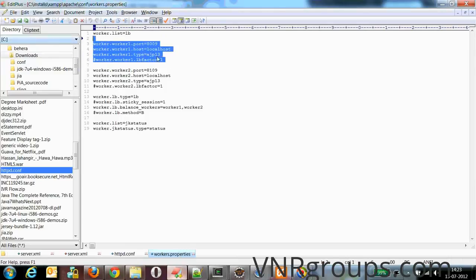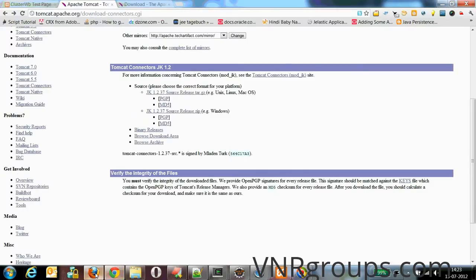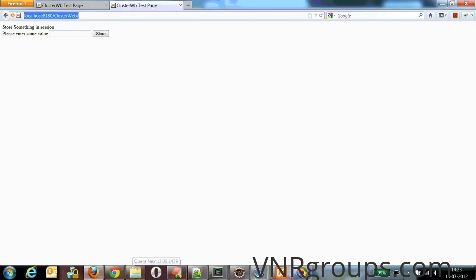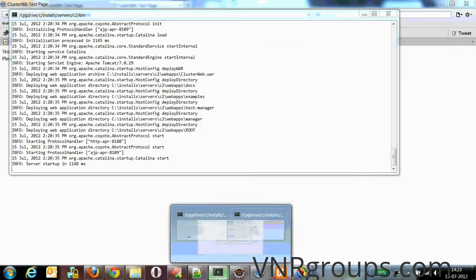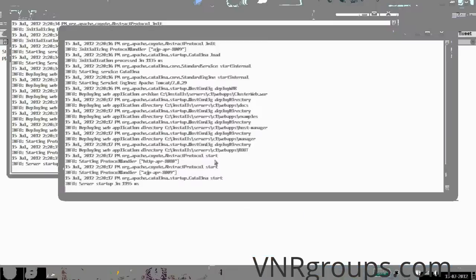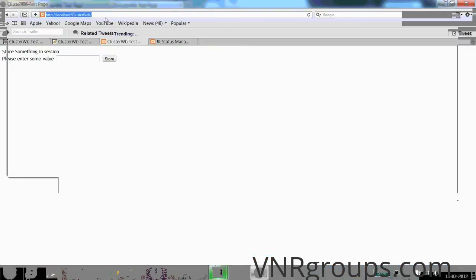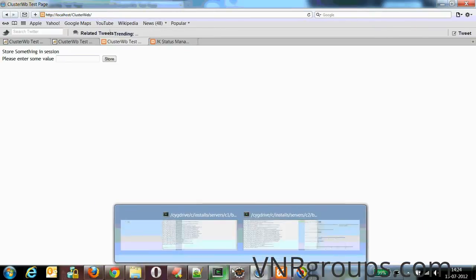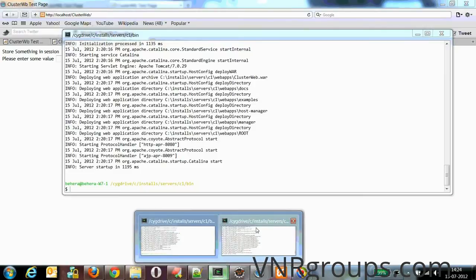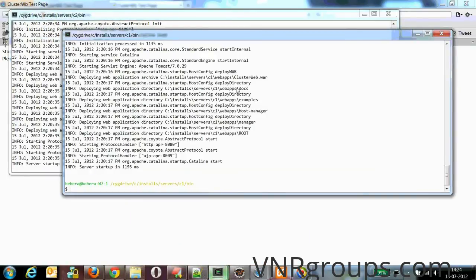Now let's say your application is running here. Now I'll just shut down one server. Okay. Now you still see your application is running. That means the request is served by the other server which is already running. See, my first cluster, with port number 8009, is down, and my other application server is up.